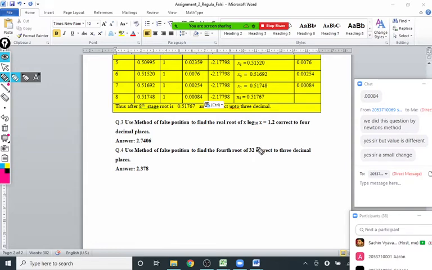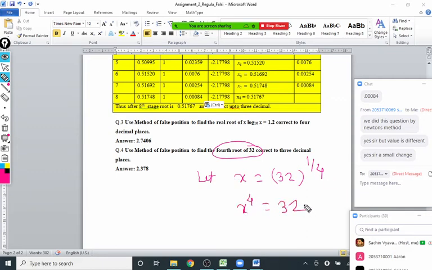So in this case, actually, we have to find out the fourth root of 32. So let me assume that x is only that fourth root of 32, 32 raised to 1 by 4. Actually, we want that x which is 32 raised to 1 by 4. So taking the fourth power on both sides, we get x raised to 4 is equal to 32. So we get x raised to 4 minus 32 equal to 0. And this will become our f(x). So indirectly we got this f(x). Now f(x) is x raised to 4 minus 32. And for this we have to find out the value of x.